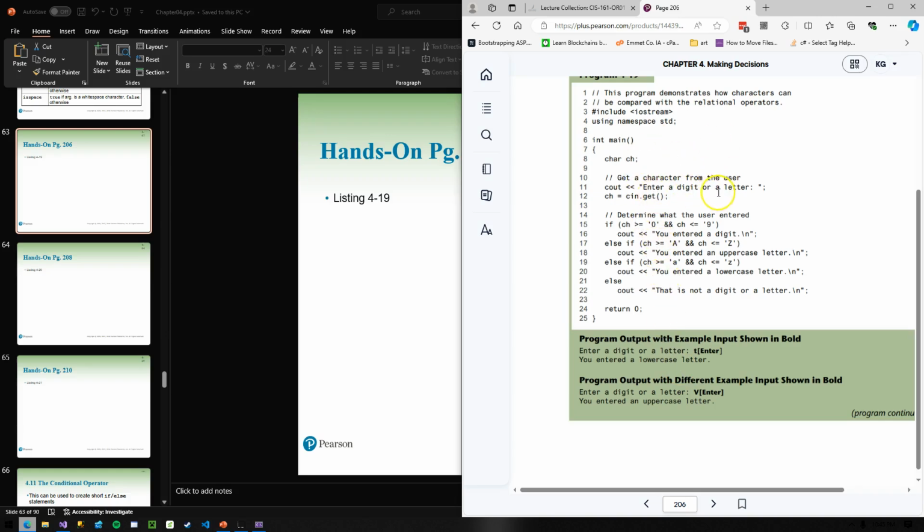So enter a digit or a letter. cin.get, another method, remember, of getting user input. Inputting to ch. Determine what the user entered. If it's greater than or equal to the character 0, and it's less than or equal to the character 9, you entered a digit. That's one way to test if it's a digit. Because remember, we're comparing not to these characters, but to the ASCII codes that the character represents. And you could go and find an ASCII table and verify that